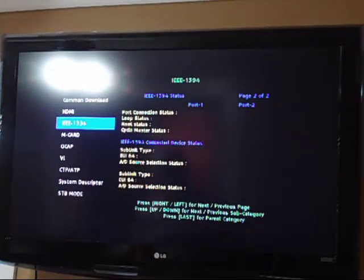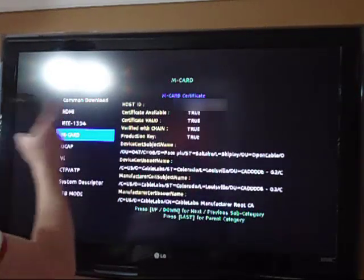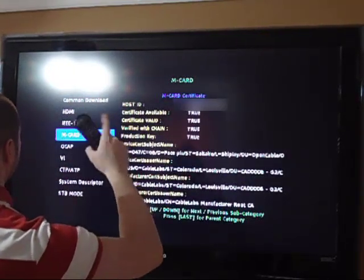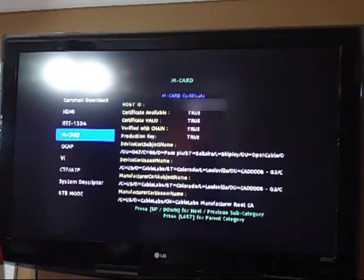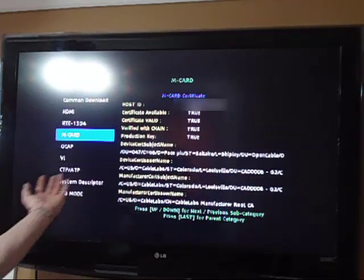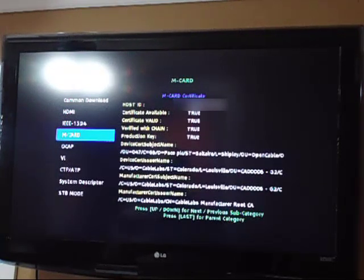The M card, I'm going to block out some information when I edit the video, but it shows the host ID. The M card is the important page here. It shows you the host ID of the box, which is in essence how you're going to get your box going. Certificate available, certificate valid, verified with chain and production key. And then you have device cert subject name, which is a long string of stuff that you wouldn't understand. Device cert, issuer name, manufacturer cert, subject name, and manufacturer cert, issuer name. And so you have that. So going back,